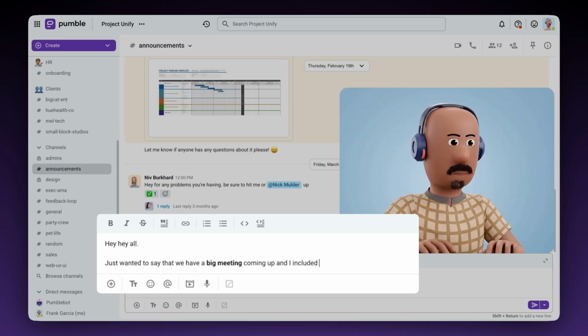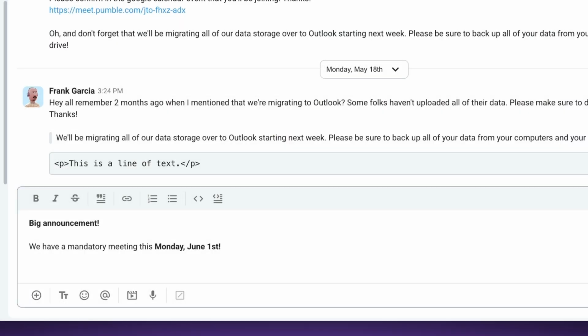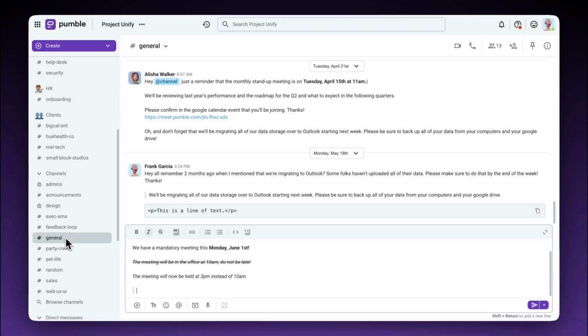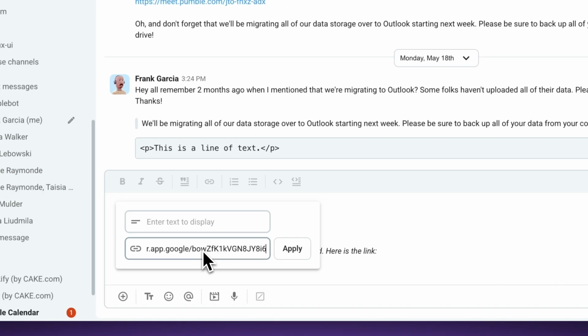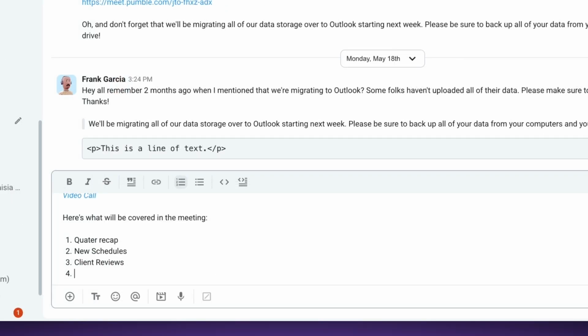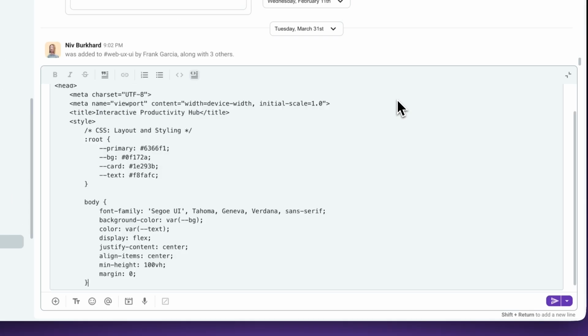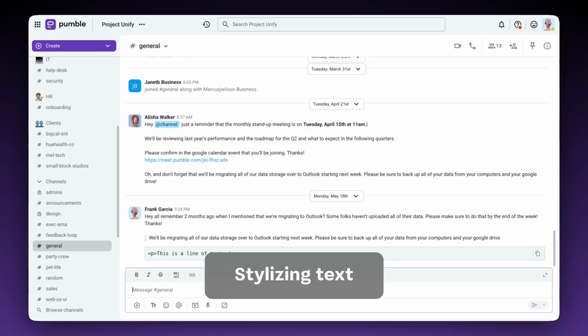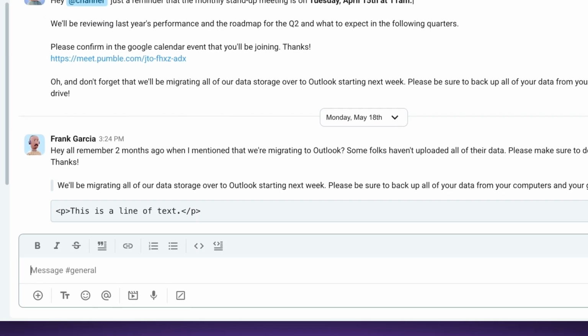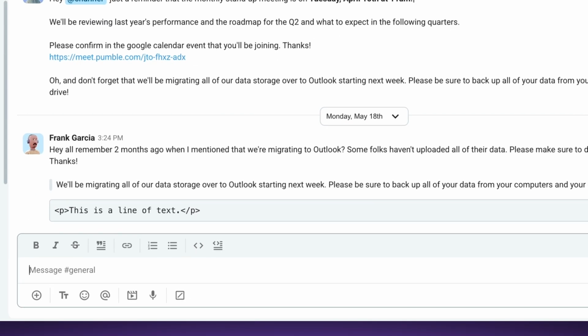Today, we're going to cover formatting your messages for better and more effective communication with your team. We'll cover how to stylize text, add direct quotes, hyperlinks, create lists, add code text, and more. In the chat box, located at the bottom, you'll see a list of basic text editing options for you to